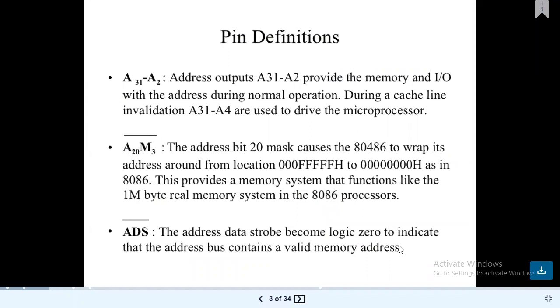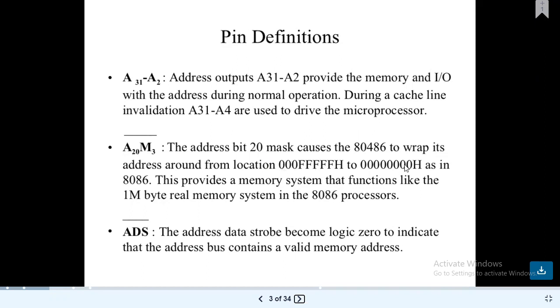So A2 to A31 address outputs are used to provide the memory and input/output with addresses during normal operation. And also during the cache, meaning temporary storage purpose, invalidation, A31 to A4 are used to drive the microprocessor. Okay. And here A20M#, M meaning mask. So here the address bit 20 mask causes the 80486 to wrap its address around the location of,